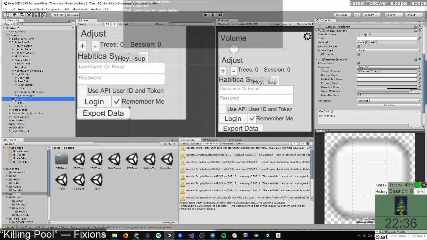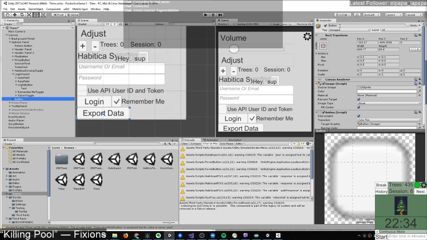Alright. Now we need to name this button. What do we call the button? We're calling it Export Data Button. Because why not? And now